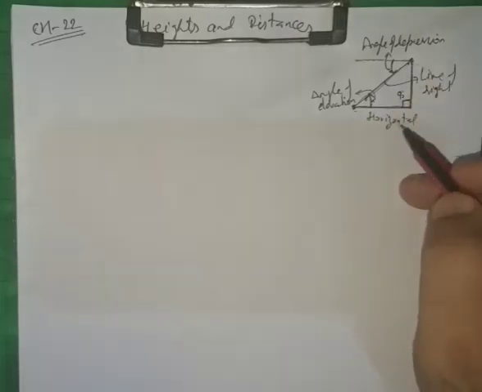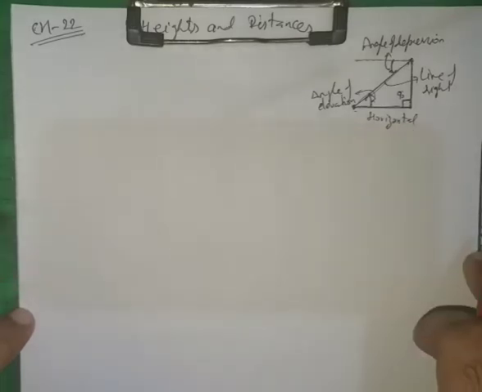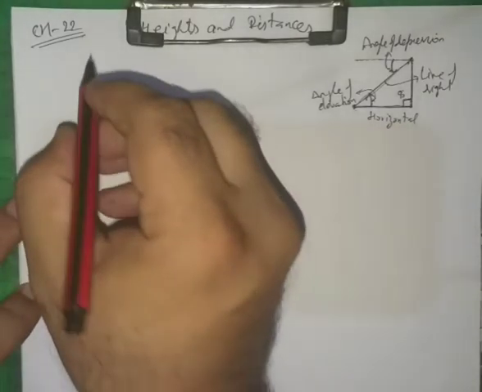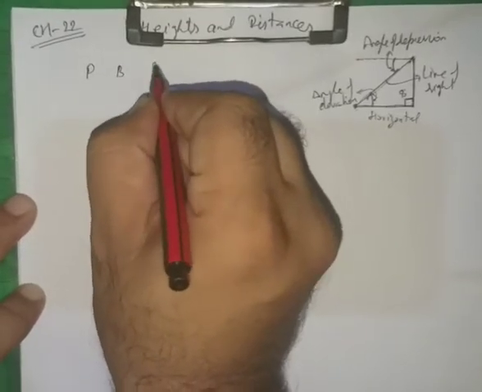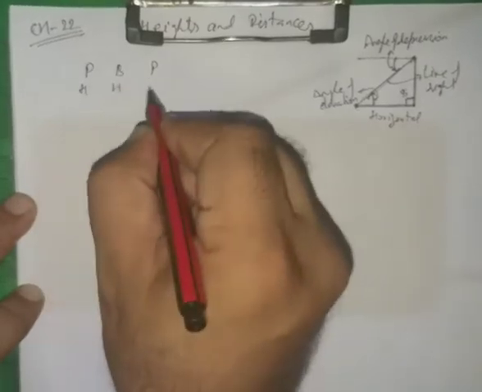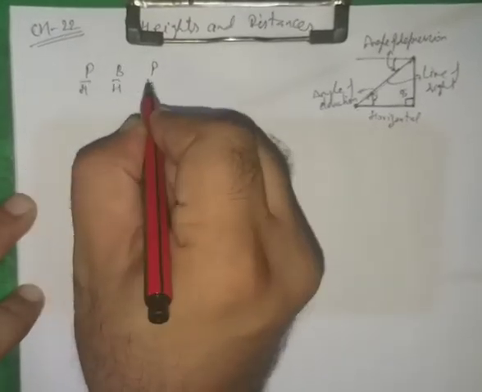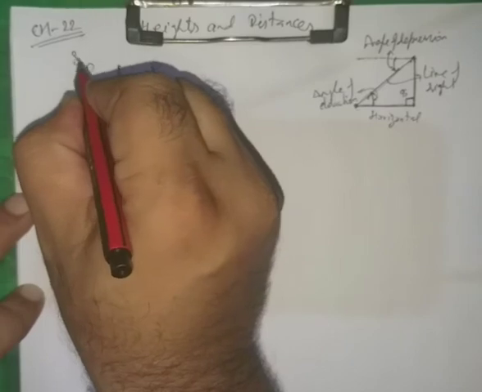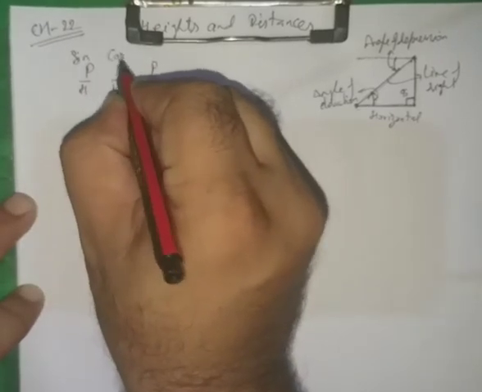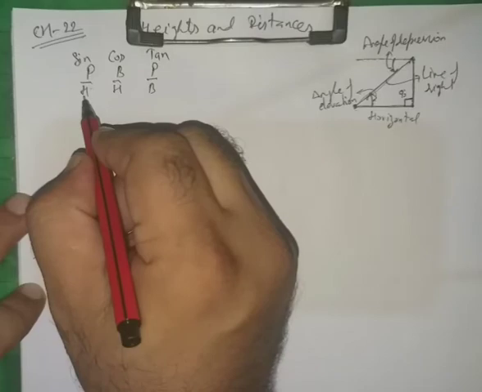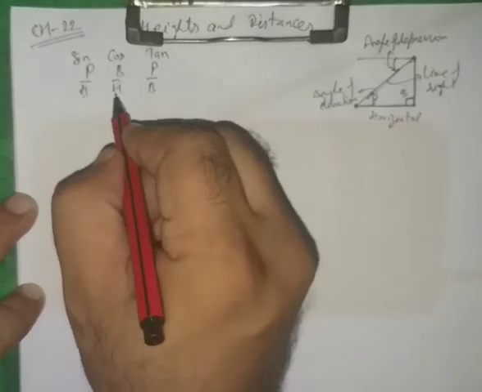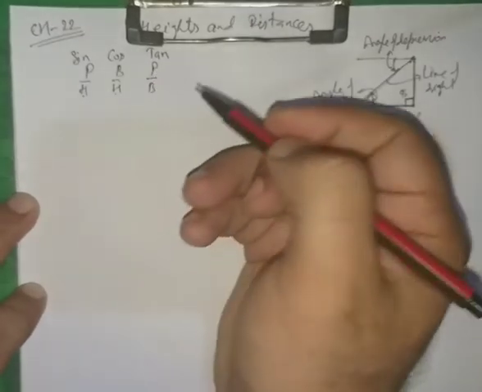And now in any right angled triangle we can use the relations or ratios of trigonometry that we already know. So what we know is, by this Pandit Badri Prasad har bole, sona chandi tole. So this will be sine, this will be cos, and this will be tan. So sine theta will be P over H, perpendicular over hypotenuse. Cos theta will be equal to base over hypotenuse, and tan theta is perpendicular over base.